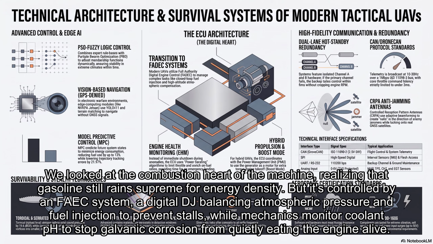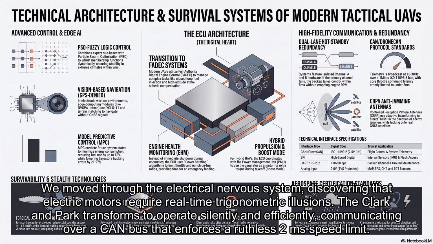We looked at the combustion heart of the machine, realizing that gasoline still reigns supreme for energy density. But it's controlled by a FAEC system, a digital DJ balancing atmospheric pressure and fuel injection to prevent stalls, while mechanics monitor coolant pH to stop galvanic corrosion from quietly eating the engine alive. We moved through the electrical nervous system, discovering that electric motors require real-time trigonometric illusions, the Clark and Park transforms, to operate silently and efficiently, communicating over a CAN bus that enforces a ruthless 2-millisecond